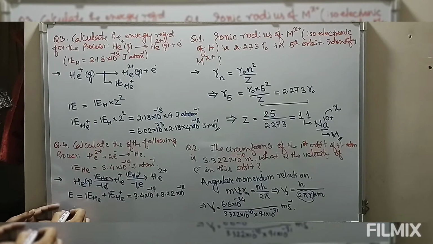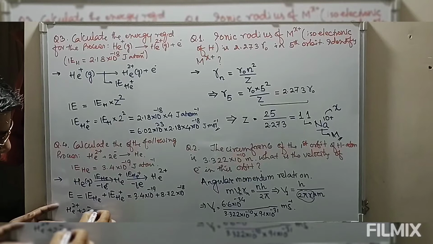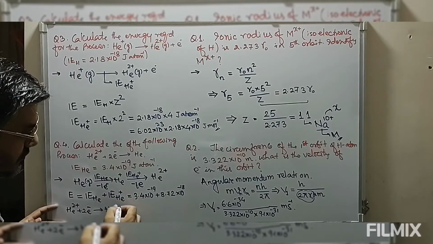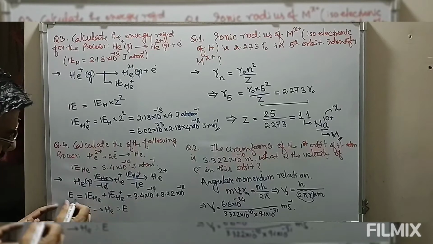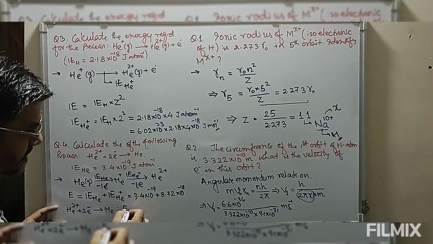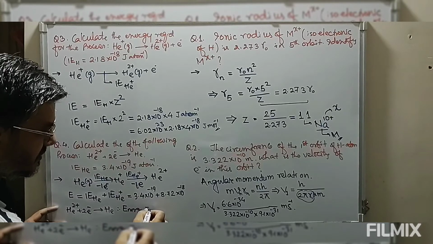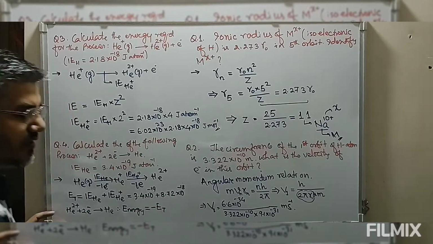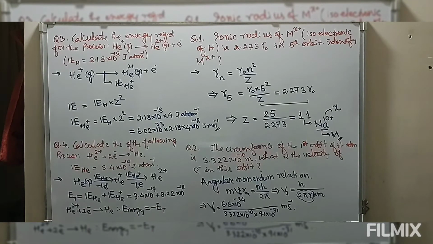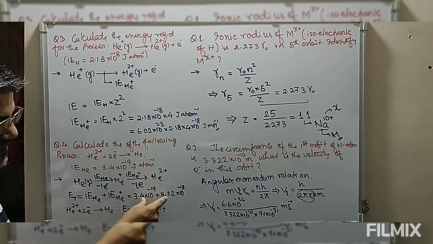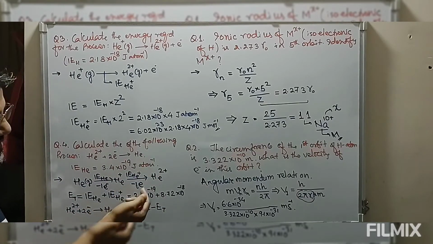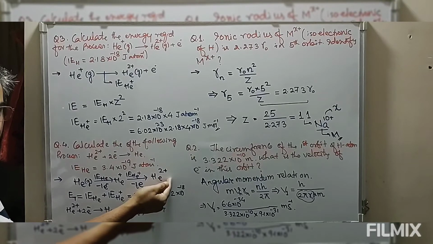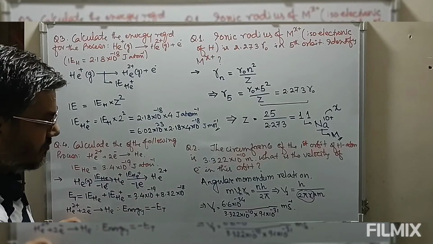Then the energy for this process, helium plus 2 plus electron, giving you helium plus. The energy change for this process is equal to minus of Et, because the process is reversed, so the sign will change. First you are supplying energy here, so this energy is positive. Now when this electron is added to this ion, helium plus 2, energy will be released. So this becomes minus of this.